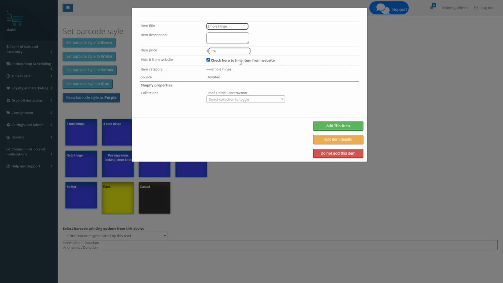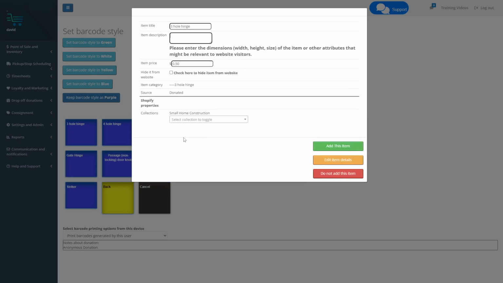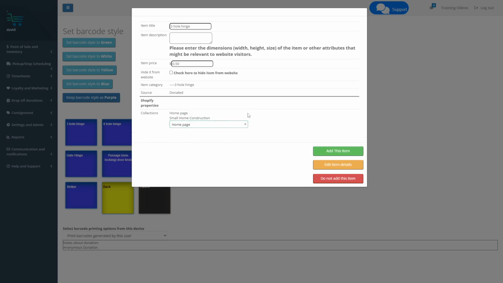So if we uncheck this, it will show up in Shopify. And then also within the item adder, we can select the Shopify collections if we want to. Up here it lists the collections that are already selected, and it automatically selected this one because this is what we had mapped the category 3-hole hinge to. But we could also remove that by clicking it here, or add it and maybe add other collections as well. So if we do that, click add this item,